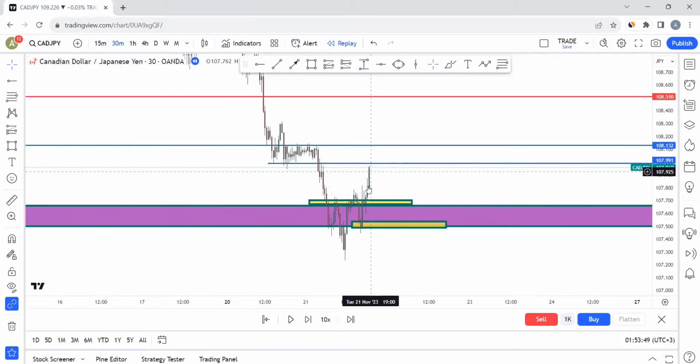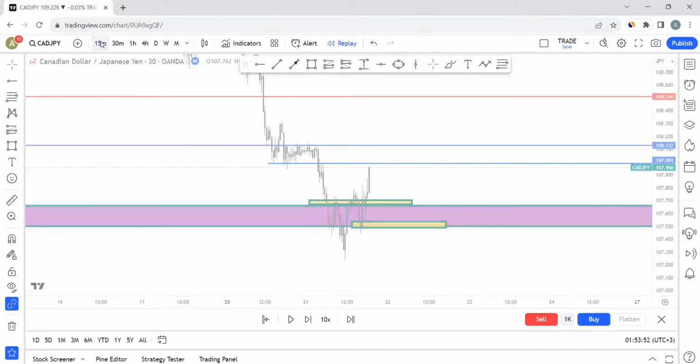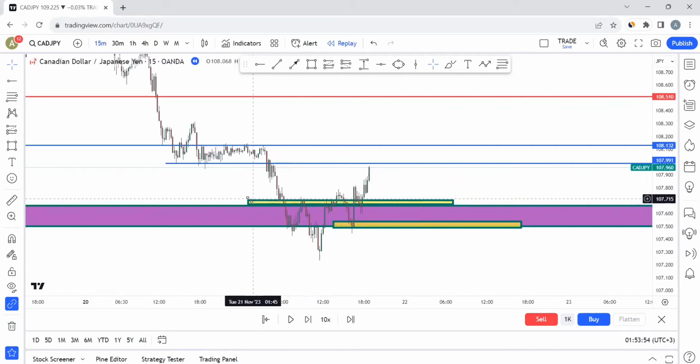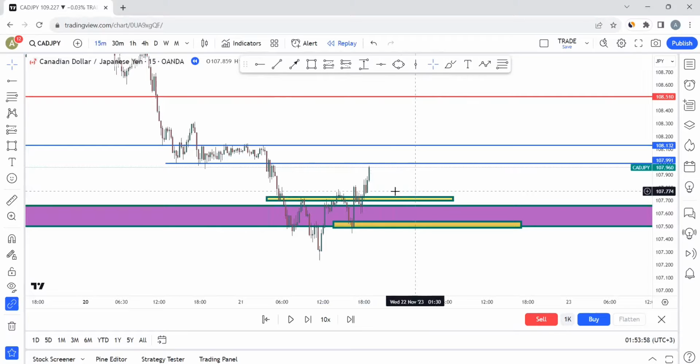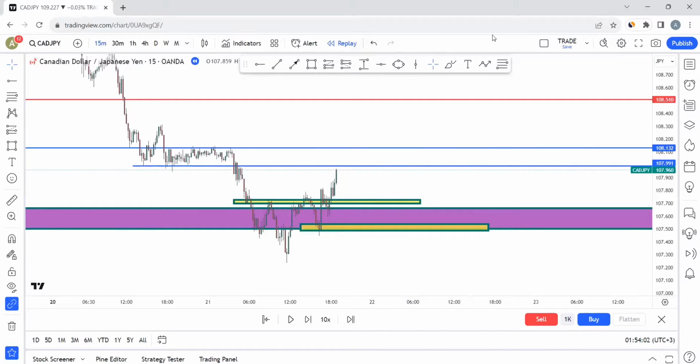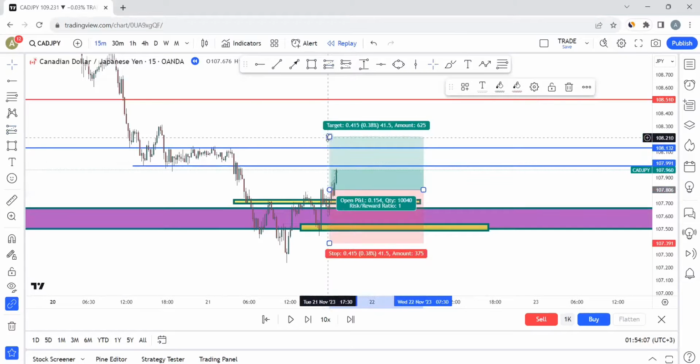Sorry, if the market closes above this, I'm just going to refine into the entry time frame. I was using it just for the time frame of the structure. So when the market closes above here, actually I took my trade around here. So this is when you take your trade from this point here. When the market closes above here, that's when you're going to take your trade, and this is going to be